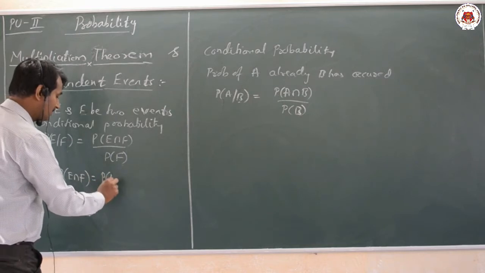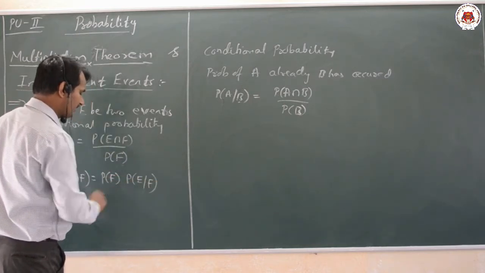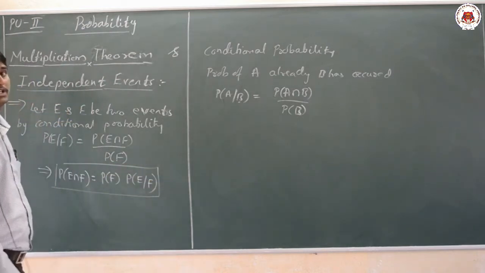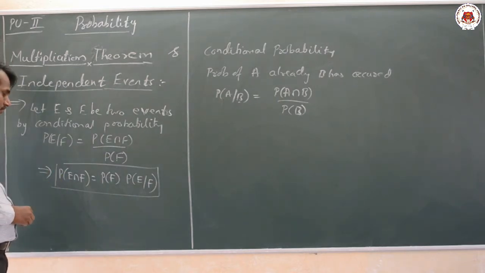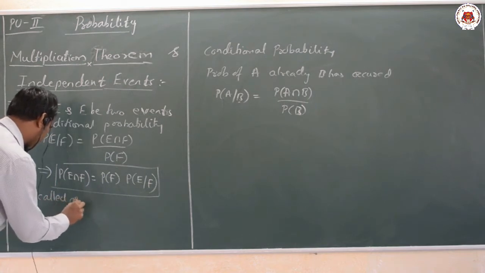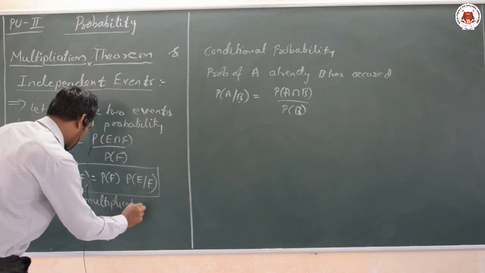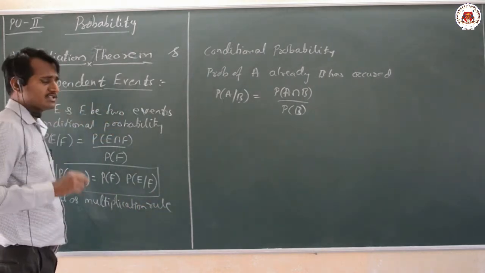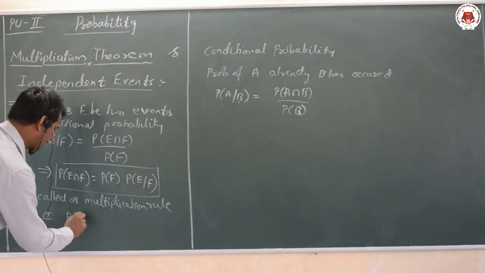P of F into P of E bar F. This itself is known as the multiplication rule of probability, called the multiplication theorem or rule. Now, dear students, sometimes we have P of E bar F, and sometimes we have P of F bar E,